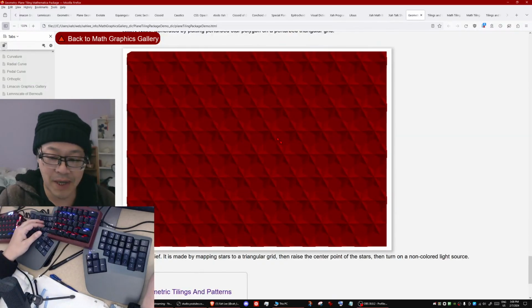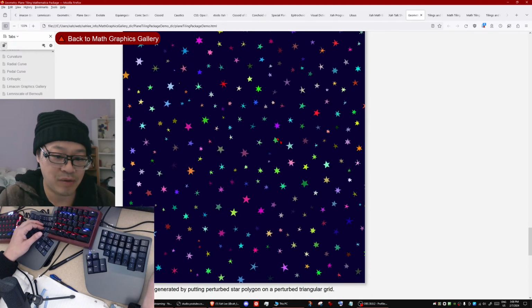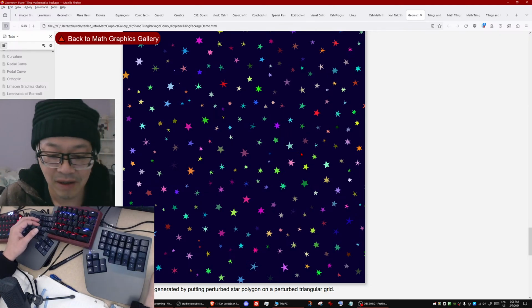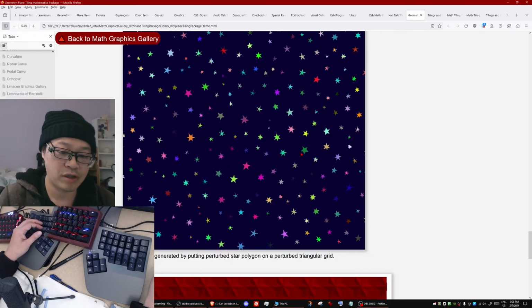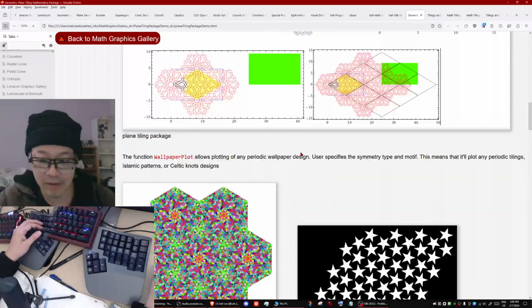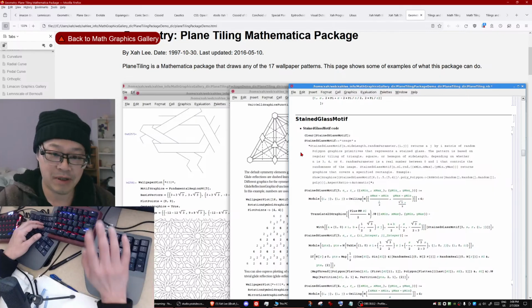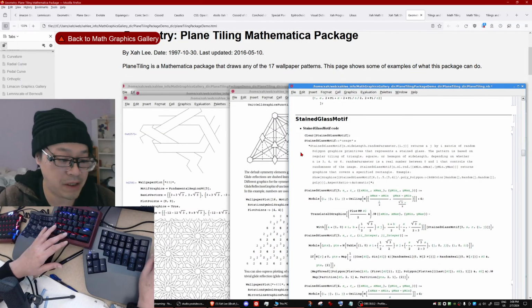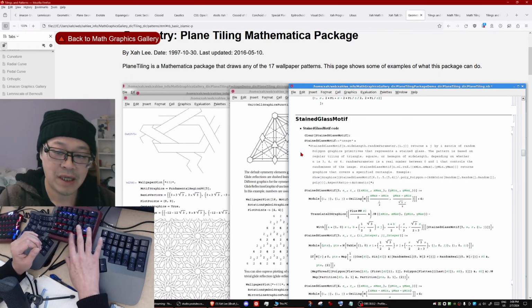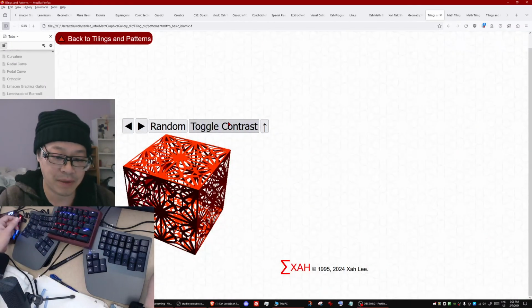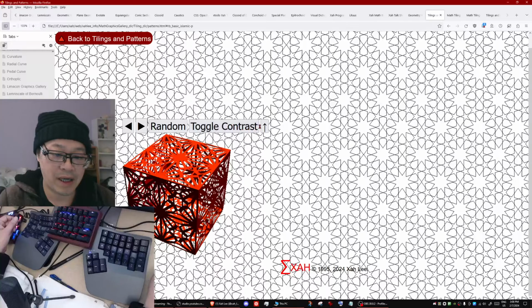So this is a package I wrote back in 1997, 1998. And I'm going to work on it and update it after 20 years, with lots of changes in Wolfram language. So mathematical tilings and geometry, I'm going to code today, so it's probably just going to be boring for you. And for example, here is another of my websites where I,